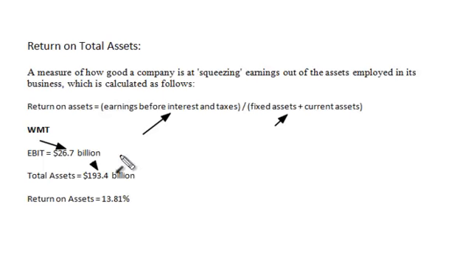So we'll take the $26.7 billion and we'll divide it by the $193.4 billion, and this will give us a 0.13805584281. Basically, you want to simply move that decimal point 2 places over to get the percentage, and you'll get 13.81%. Very nice. Now, before we get into comparing whether or not that's good or bad for the industry or its competitors, let's actually compare it to its previous years,